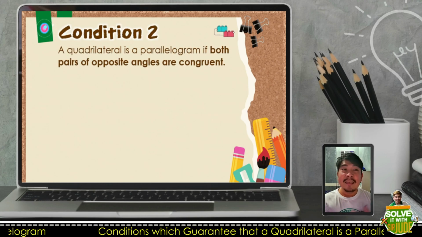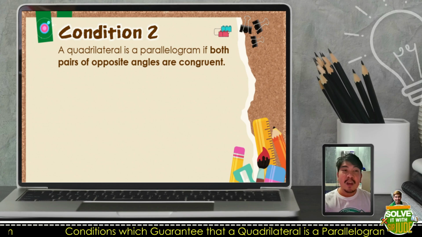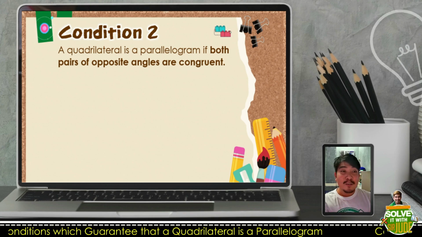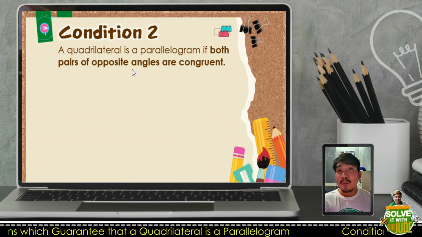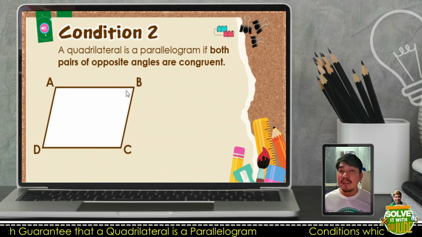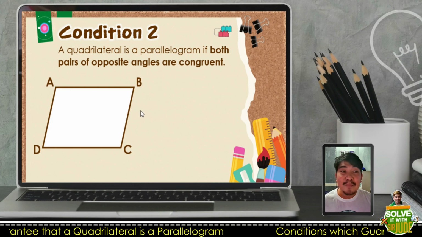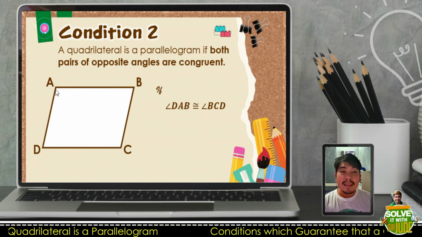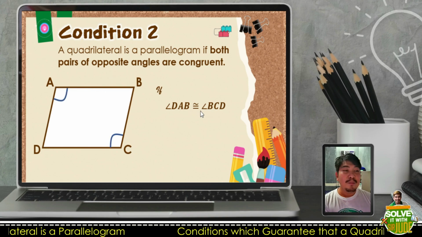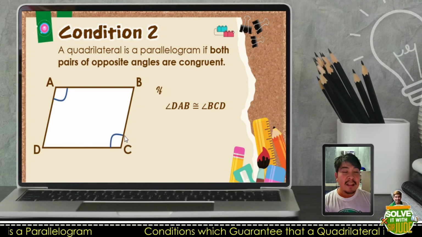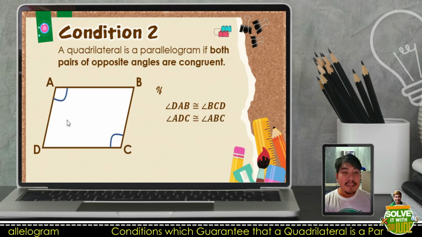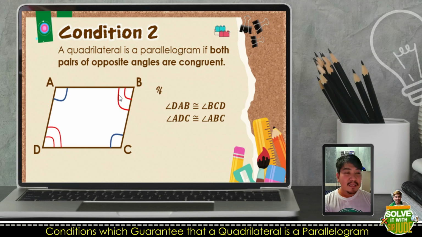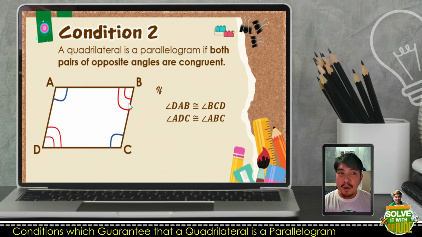A quadrilateral is a parallelogram if both pairs of opposite angles are congruent. So the first one, both pairs of opposite sides congruent. For condition 2, both pairs of opposite angles are congruent naman. To illustrate, let us have quadrilateral ABCD. To use this condition, if we can say that DAB is congruent to BCD, so BCD is this angle, and at the same time, ADC, this angle, is congruent to ABC, this angle,